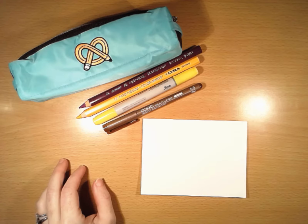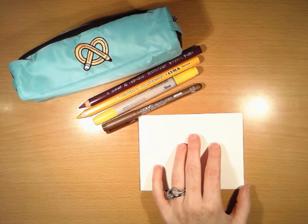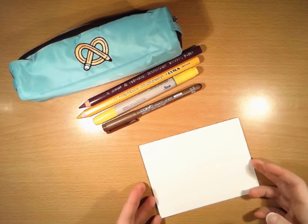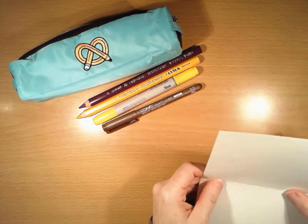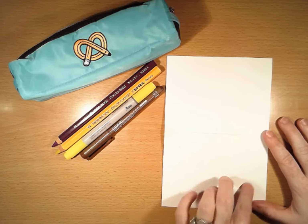And so I found eventually a nice reference image that I'm mostly just going to use for the shape of the flower and then how the inside pattern of the flower is, because what I want to do is maybe have 3 or 4 flowers on here, maybe like one central one,